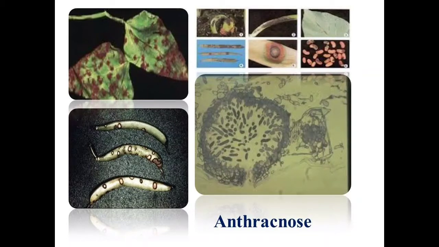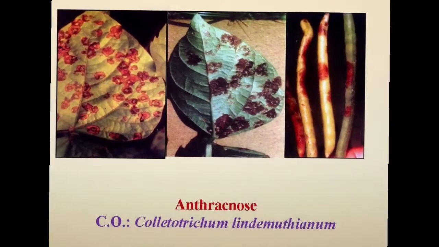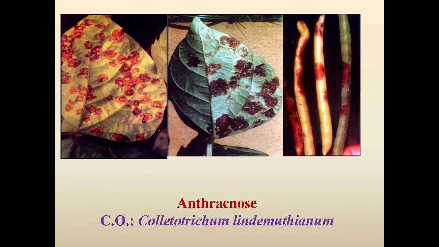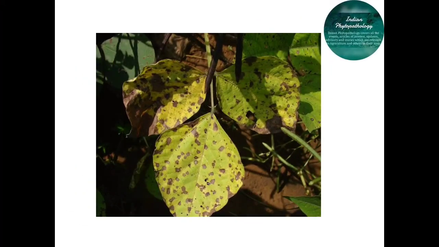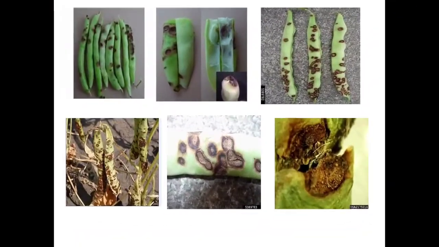Most striking symptoms of this disease appear on immature pods as shown in the image. It shows brown and sunken spots with lighter or grey central area. So these are some particular marks of identification for anthracnose of bean. Similarly, in severely infected pods, brown to light chocolate color sunken canker lesions may also develop on seed and on seed coat also. So you can easily identify this anthracnose of bean.